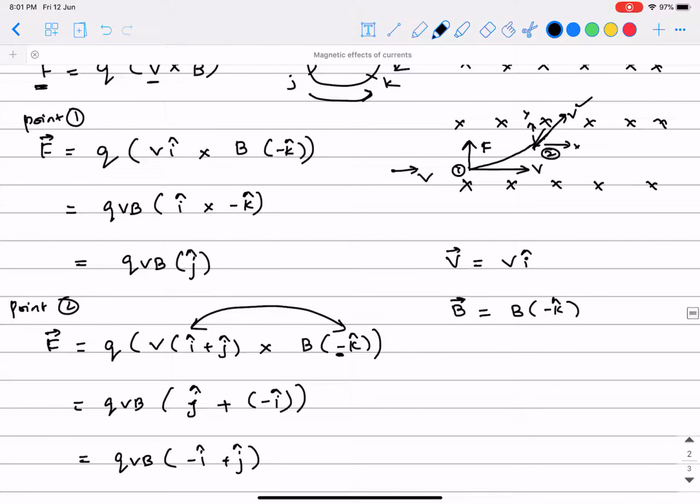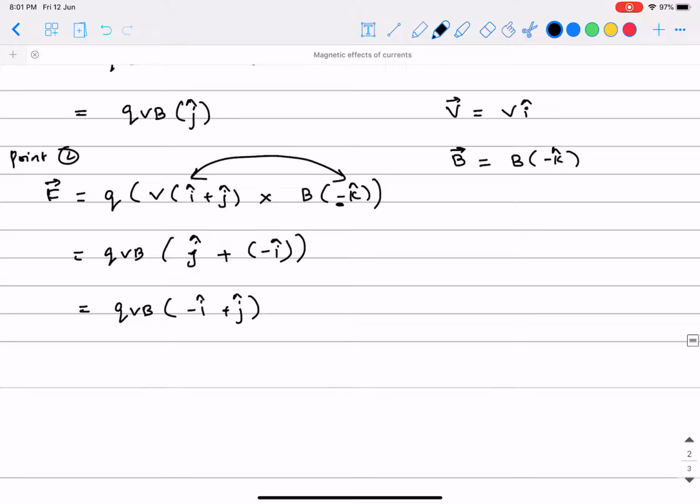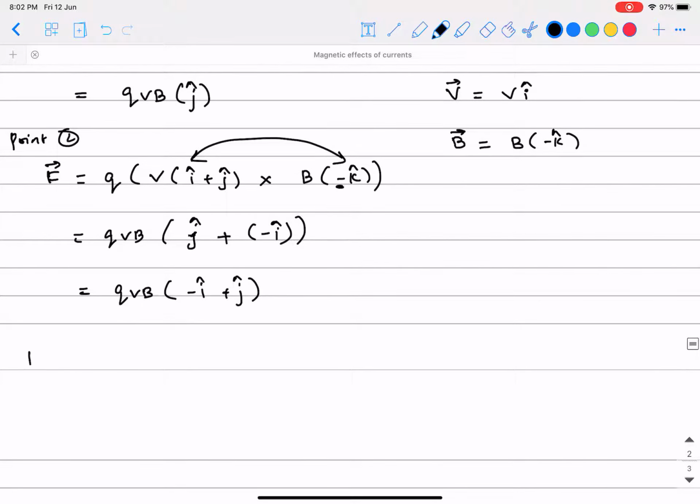When the particle is trying to enter into the first quadrant, it experiences a force into the second quadrant, because they both are again going to be perpendicular to each other. As a result, the particle will take a turn like this. At every point the force and the velocity vector are perpendicular to each other, and recollect the concept that force and velocity vector perpendicular to each other is possible only in the case of uniform circular motion.